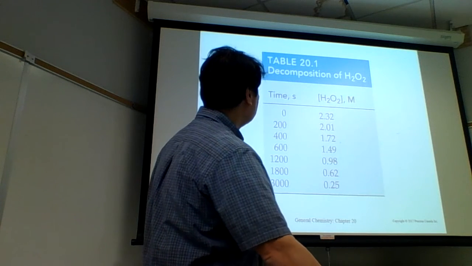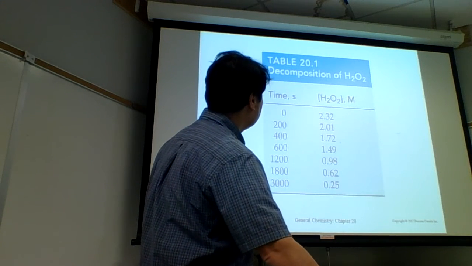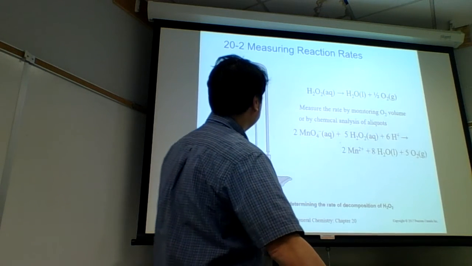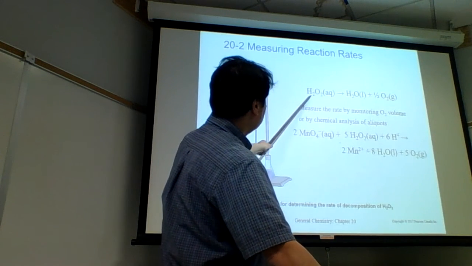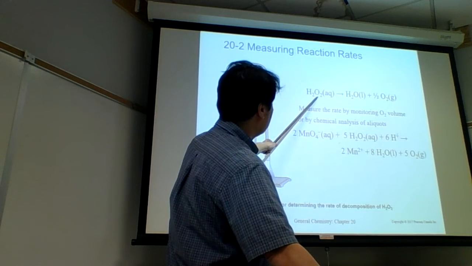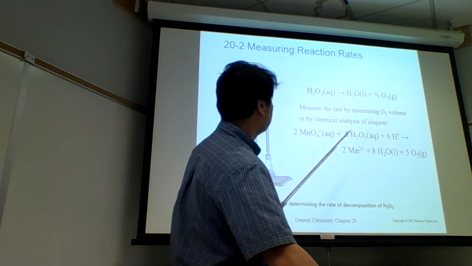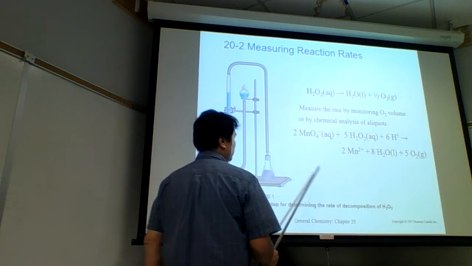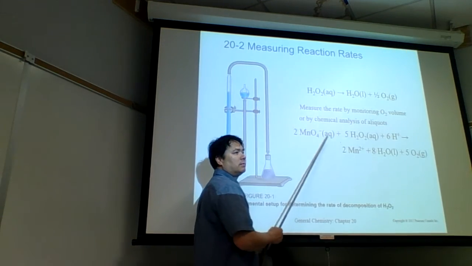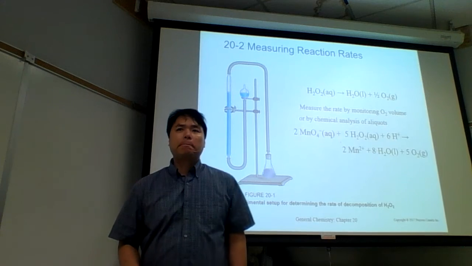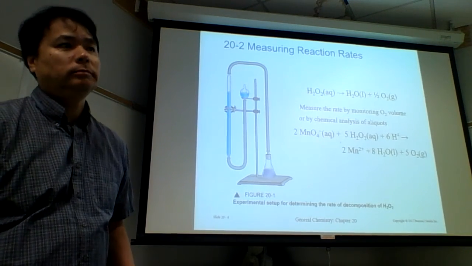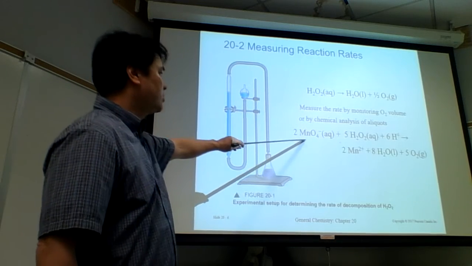But anyway, decomposition of hydrogen peroxide. This one's going to be hard to monitor using a spectrometer. And it's hard to monitor the hydrogen peroxide. So the easiest is to monitor the oxygen here. So we monitor the oxygen. But this is a very weird reaction. What stands out about this reaction here? This is a very weird reaction, the second one,